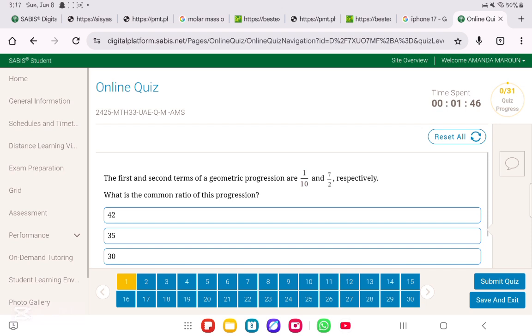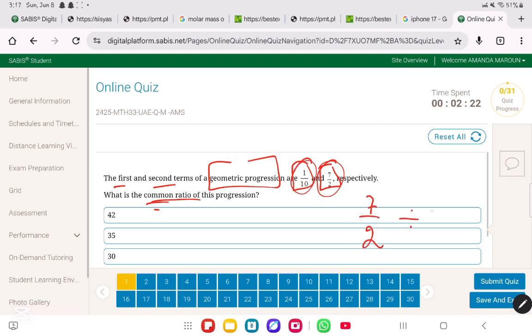So the first and second terms of a geometric progression are 1 over 10 and 7 over 2 respectively. What is the common ratio of this progression? When we're dealing with a geometric progression, in order to find the common ratio, we take the second divided by the first, or the next divided by the previous. So in this case, we have the first and second terms. What is the next term? The next term is 7 over 2 divided by the first term, or the previous term, which is 1 over